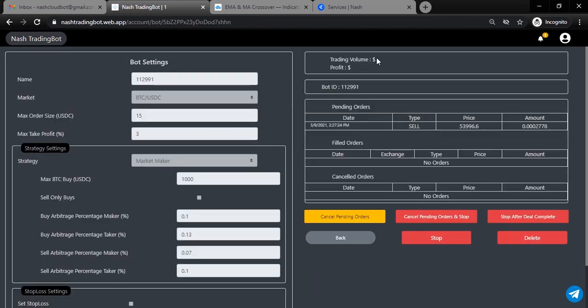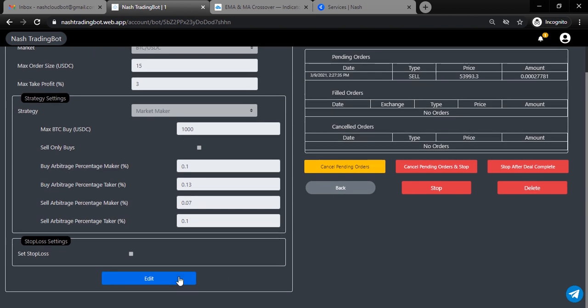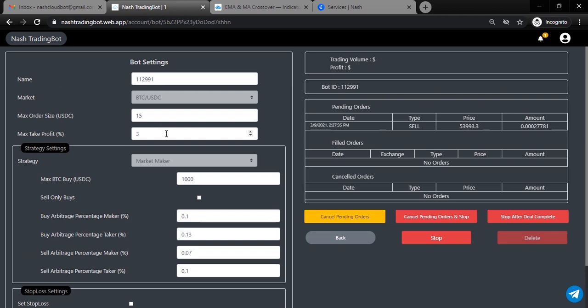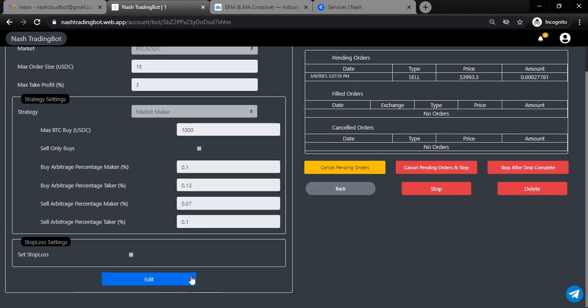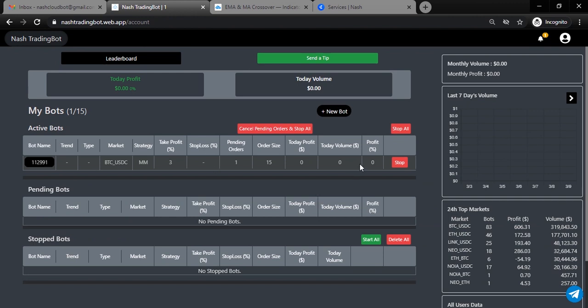Here it displays the trading volume, profit, and any pending orders and filled orders for that bot. Here you can see this is our just created bot. It has a pending sell order. You can click here and also edit bot settings, change order size.